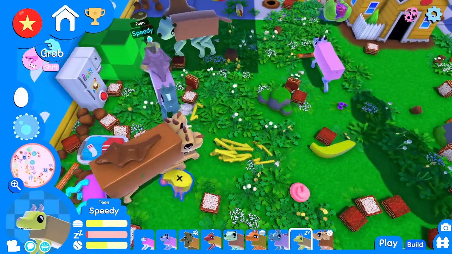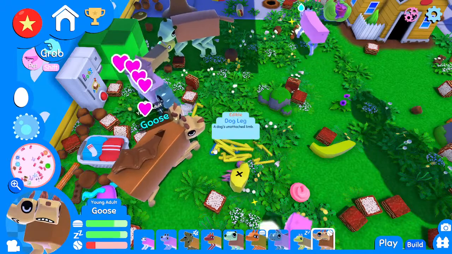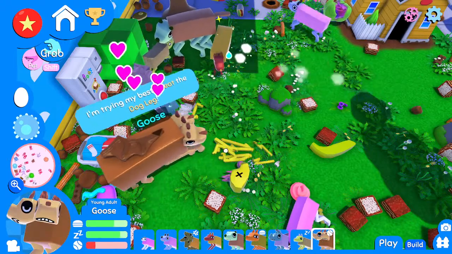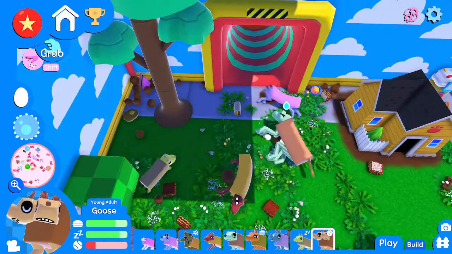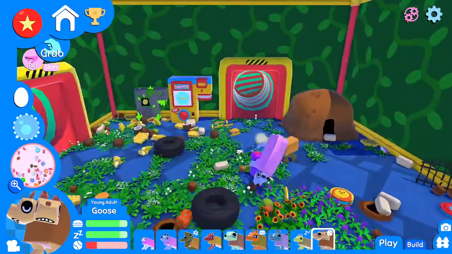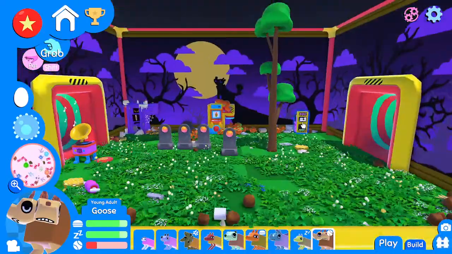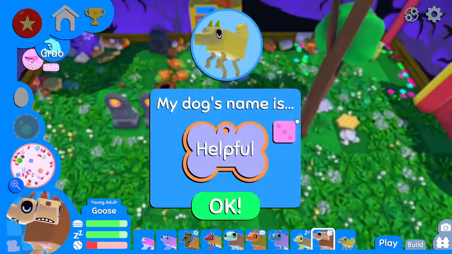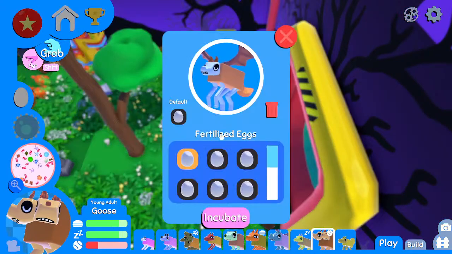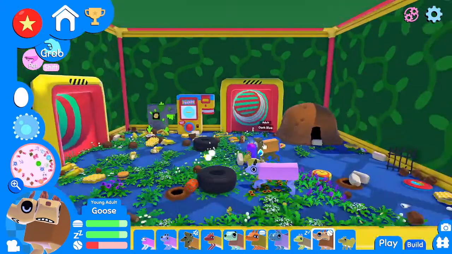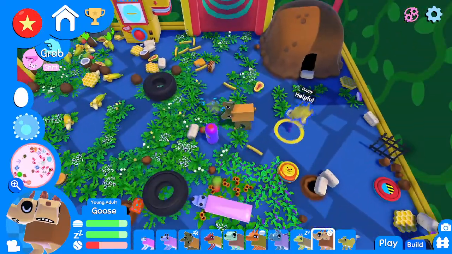Come on. They're devouring. Target two, might as well put them away. There we go. Helpful. Get in here. Get in the tunnel. Default dog. Get in there.